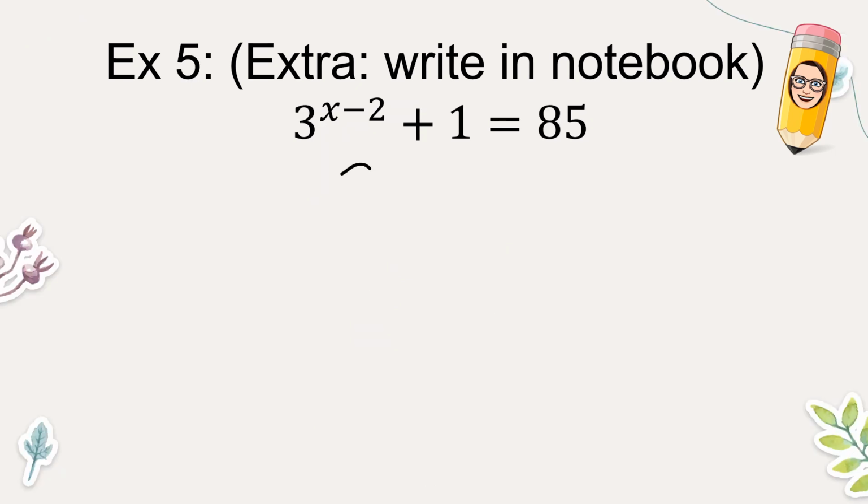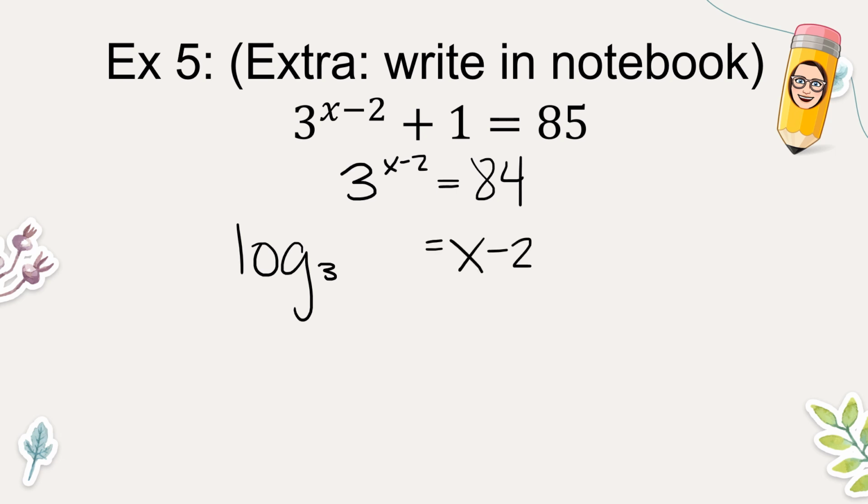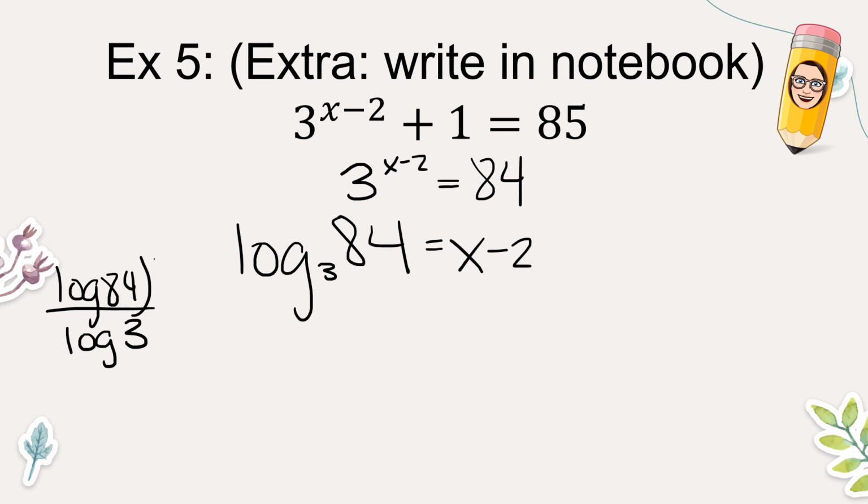Let's try this one. Let's rewrite the problem first. Let's kick that 1 over. I'm going to convert. The base becomes the base. The exponent becomes the answer. Okay, if you're using a scientific calculator, do the change of base formula. If you're using the math key on your graphing calculator, then type in that base correctly. Crazy decimal, and then whatever you get, keep it in your calculator, and then add 2, plus 2